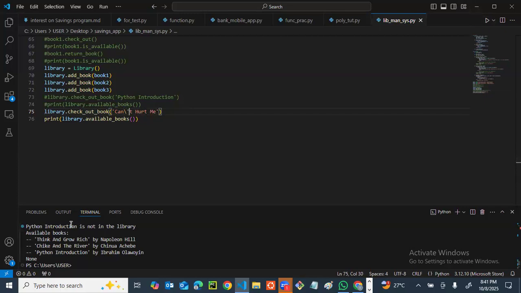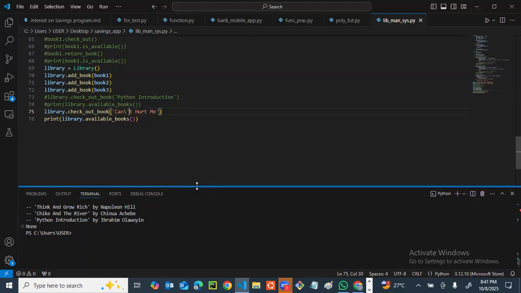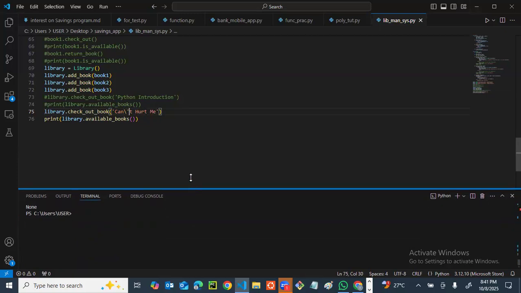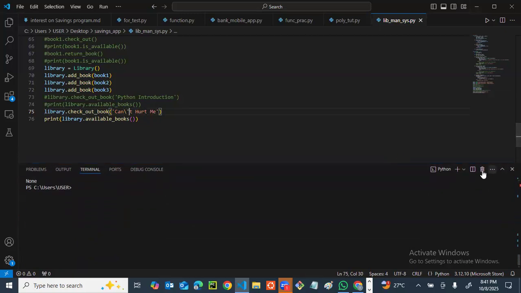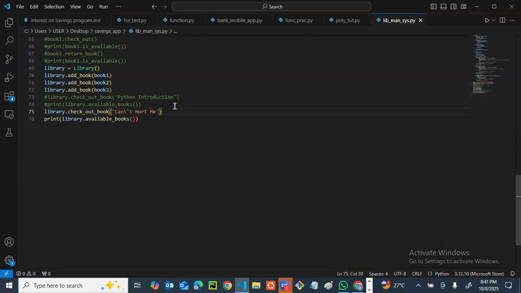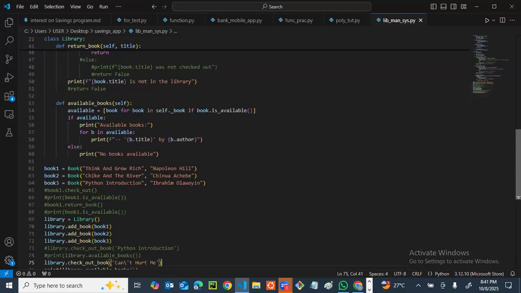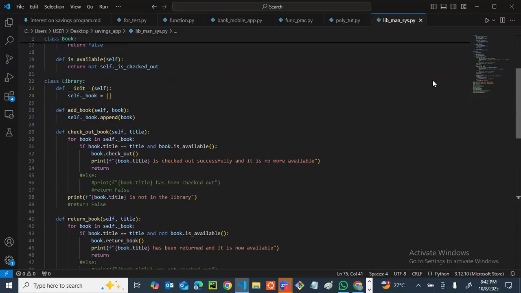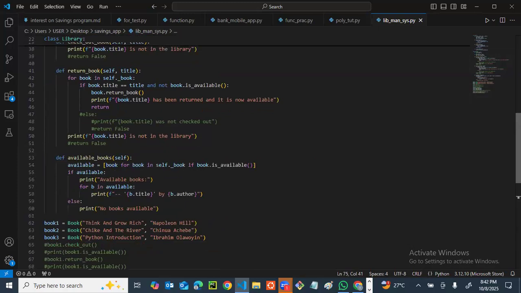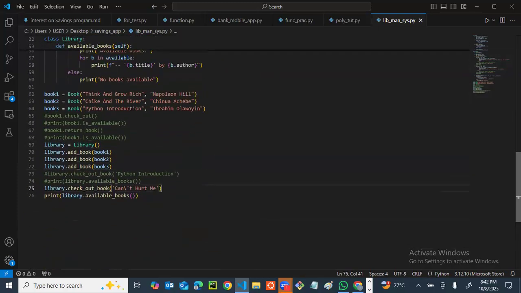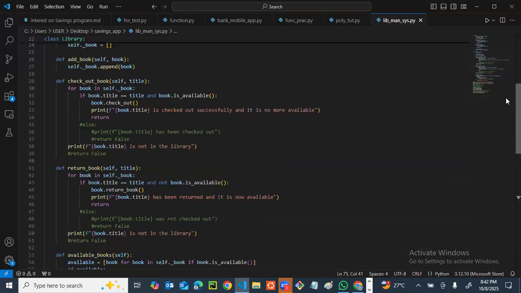Okay, yeah, expectedly. Why is it now not saying Python introduction? We said Can't Hurt Me, but it's stating that it is not in the library. It has even run. So as we defined it here, if a book is in checkouts, if the book is available, say it is checked out. Otherwise, say it is not in the library. So to a large extent, you can all confirm that our library system is working